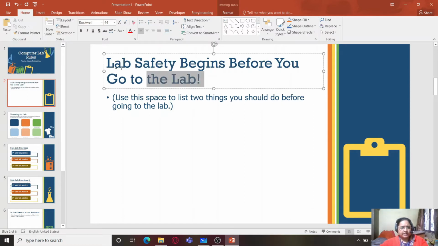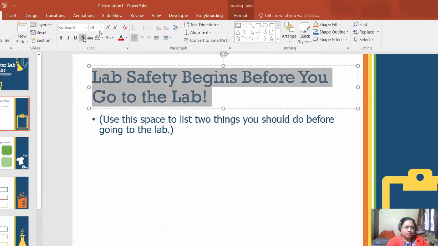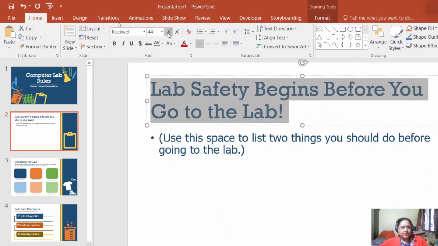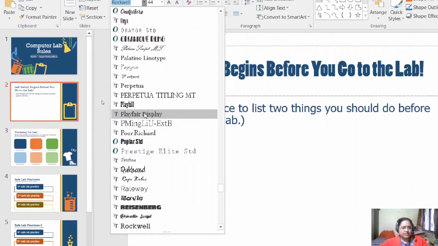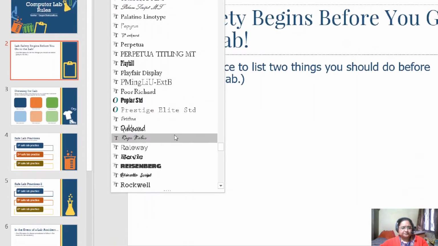But you can always change the format of the text. So for this, we just need to select it and just follow the steps which we have been doing for other products of Microsoft, that is Word and Excel. So simple, you have to just go to the home tab and you will go to the font group. You'll find all these options, the basic formatting options which you can apply on this. If you want, you can change the font from here.